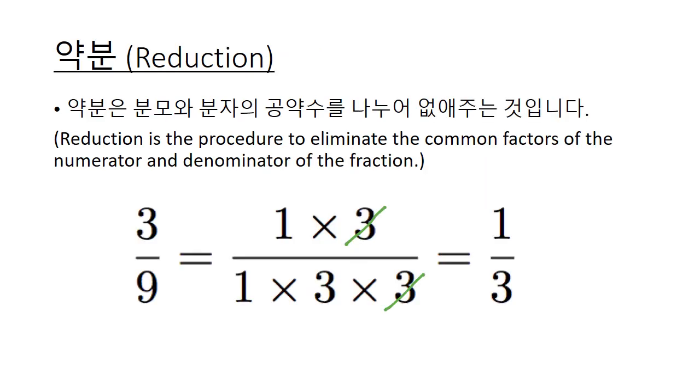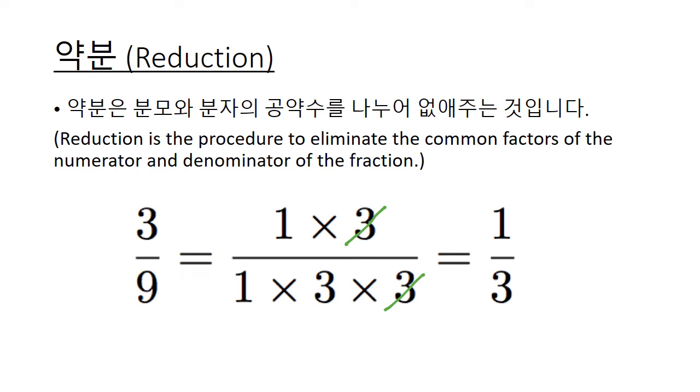Now let's take a look at the definition of 약분. 약분은 분모와 분자의 공약수를 나누어 없애주는 것입니다. So 약분 in English is reduction, and this is the process of eliminating the common factors of the numerator and